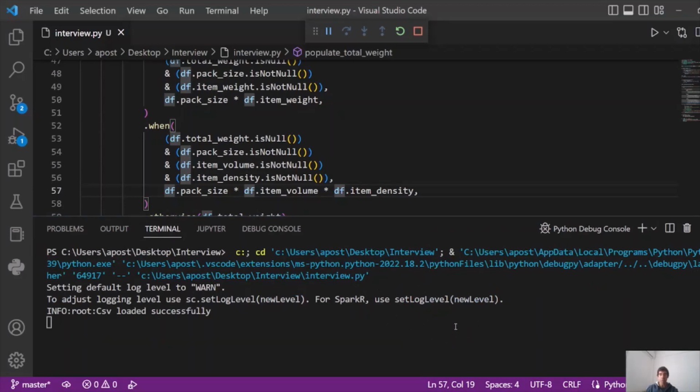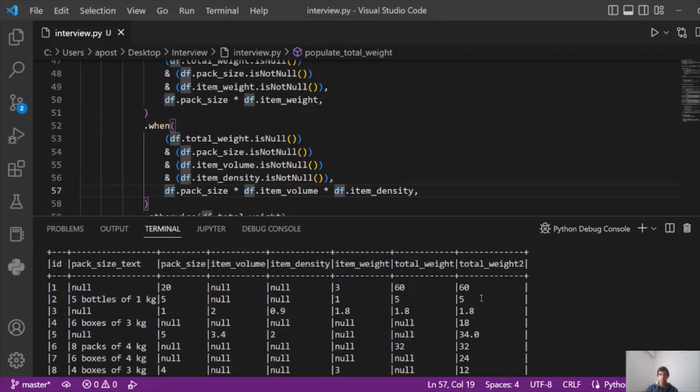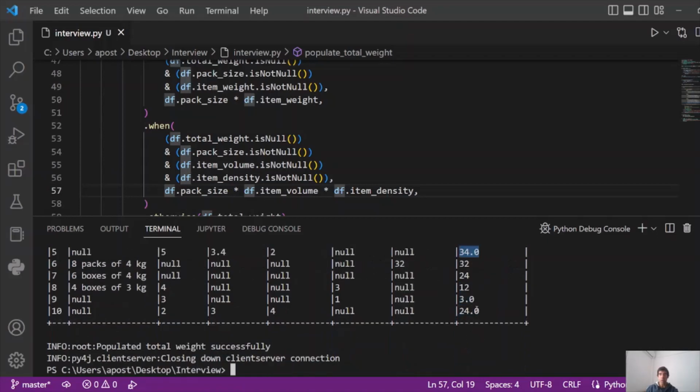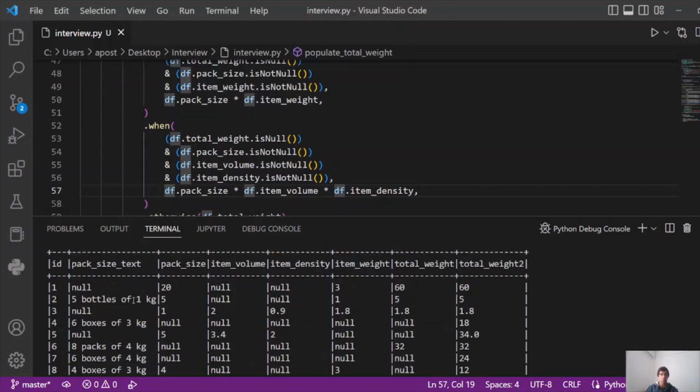Let it give it a minute, please. Yeah, here we have the total weight column 2. It contains all the data for each record. It has the total weight. We have calculated the total weight based on all these columns: pack size text, pack size, etc. So we filled this column as requested in the requirements,